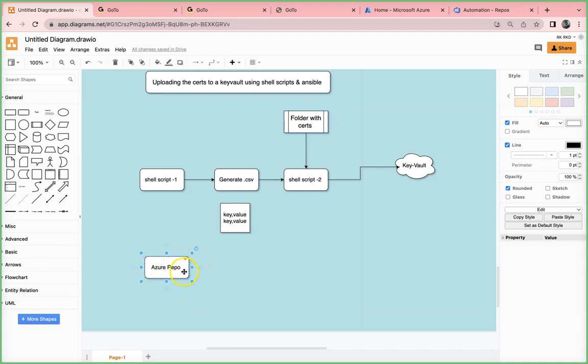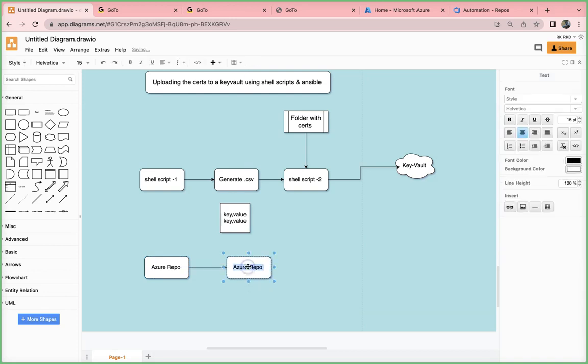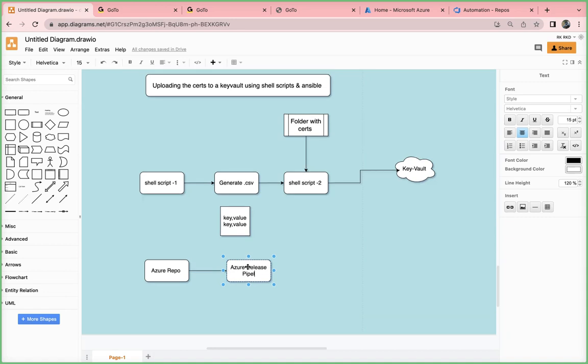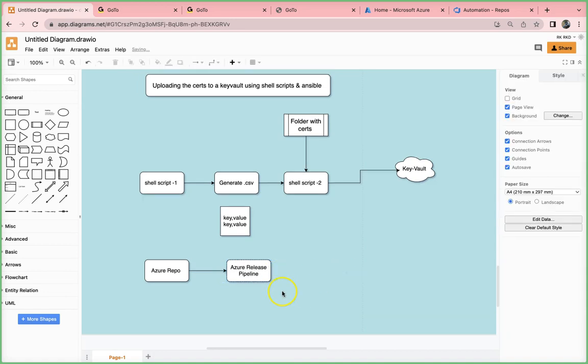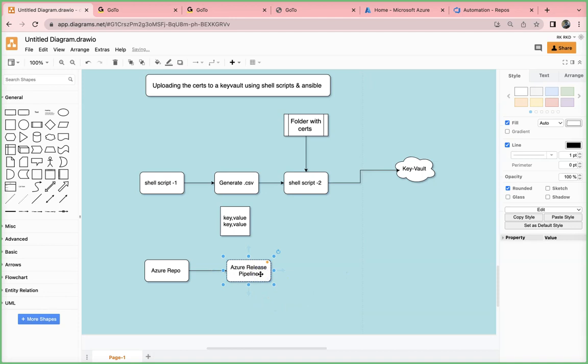Then from the Azure repo, you don't need to build anything, right? It is not a kind of building a jar or something. Directly you can go for the release pipeline. Okay, this is my release pipeline, I'm just considering. Okay, Azure release pipeline. Once you go to the Azure release pipeline, I'm keeping this here and pushing